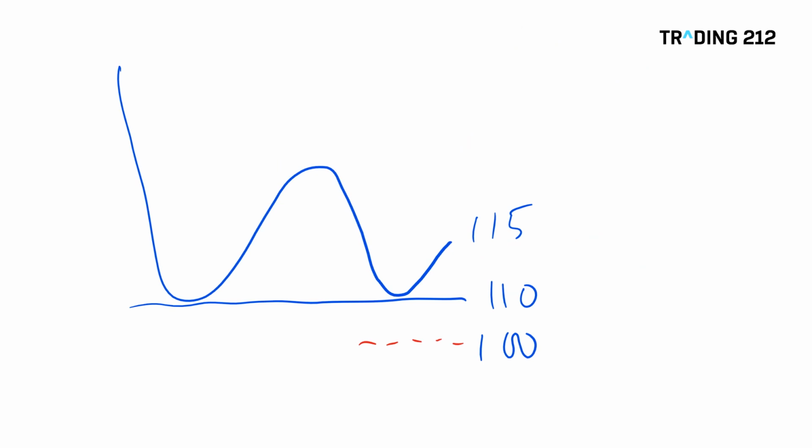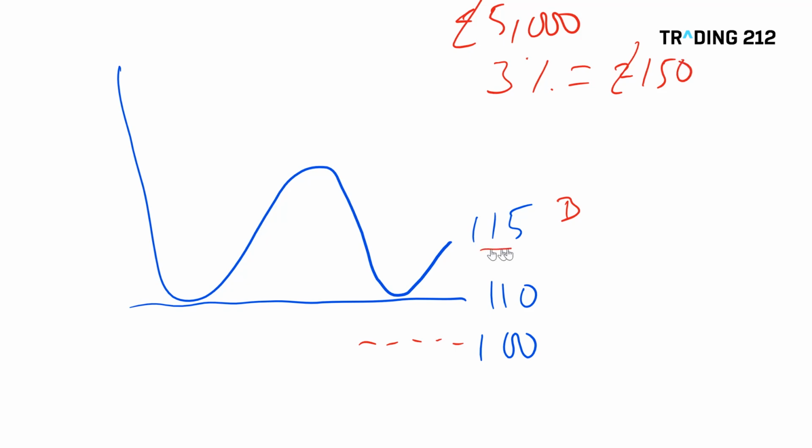So here is by now our familiar theoretical market. So the market, we think it's hit a level of support at 110. The market's currently trading at 115. So we're thinking about being a buyer here, and we're going to put our stop loss at 100. Now you remember, for the purposes of this, I'm saying I've got £5,000 in my account. I only want to risk 3% on any one trade. That means £150 risk on any trade.